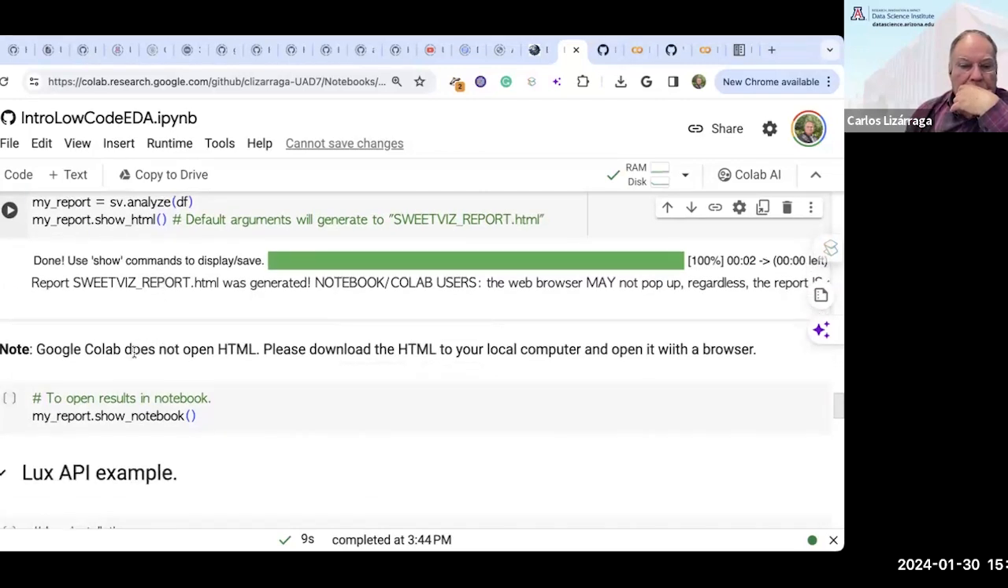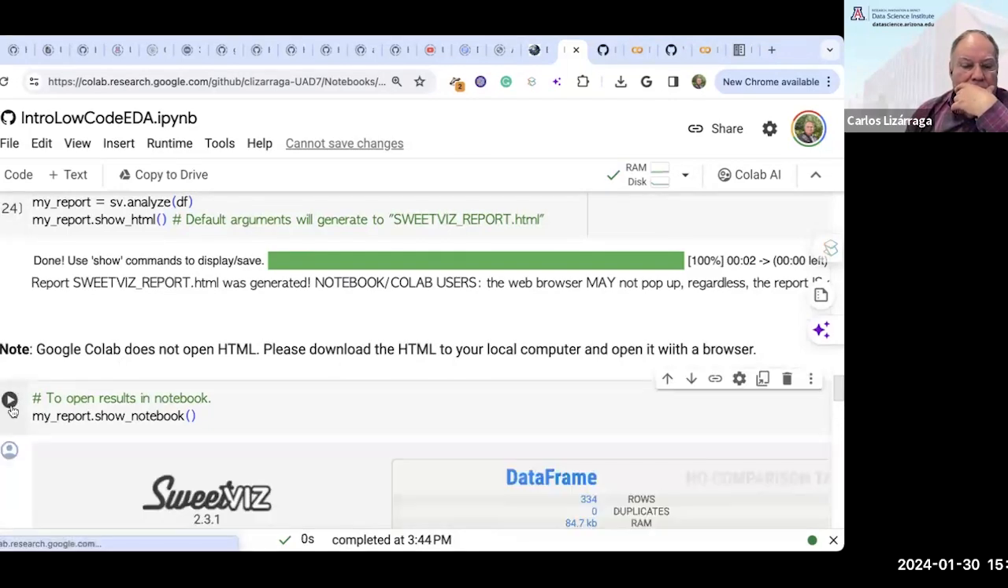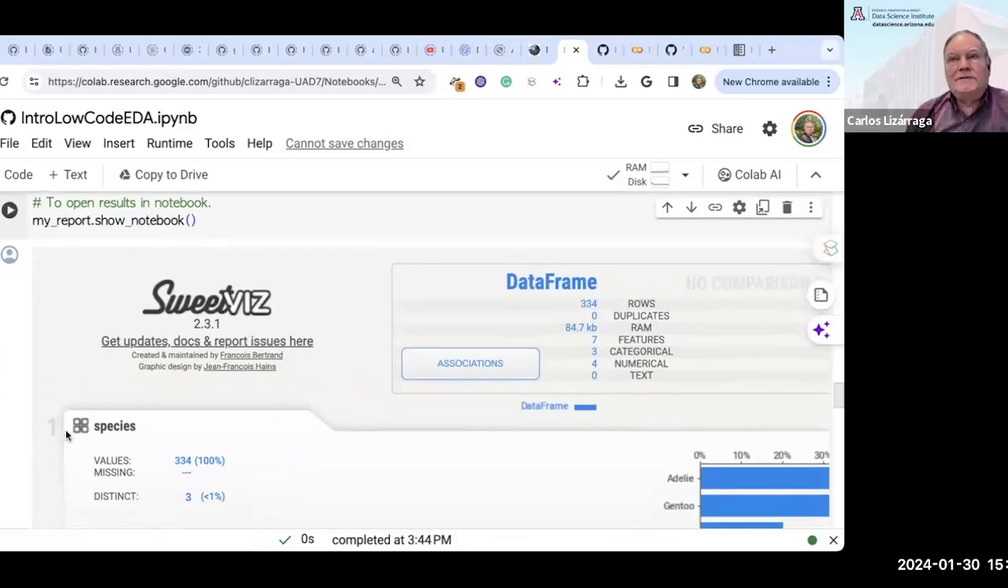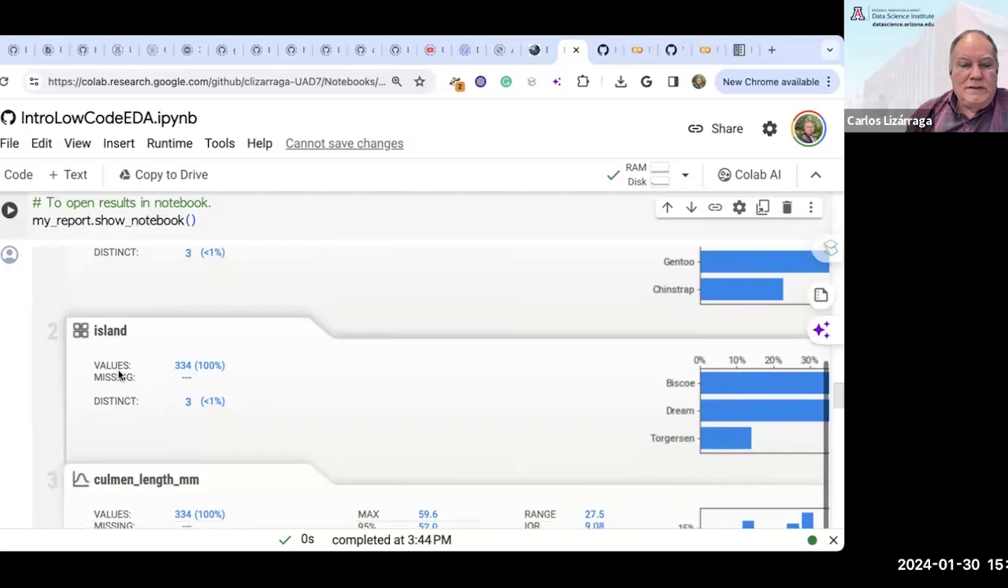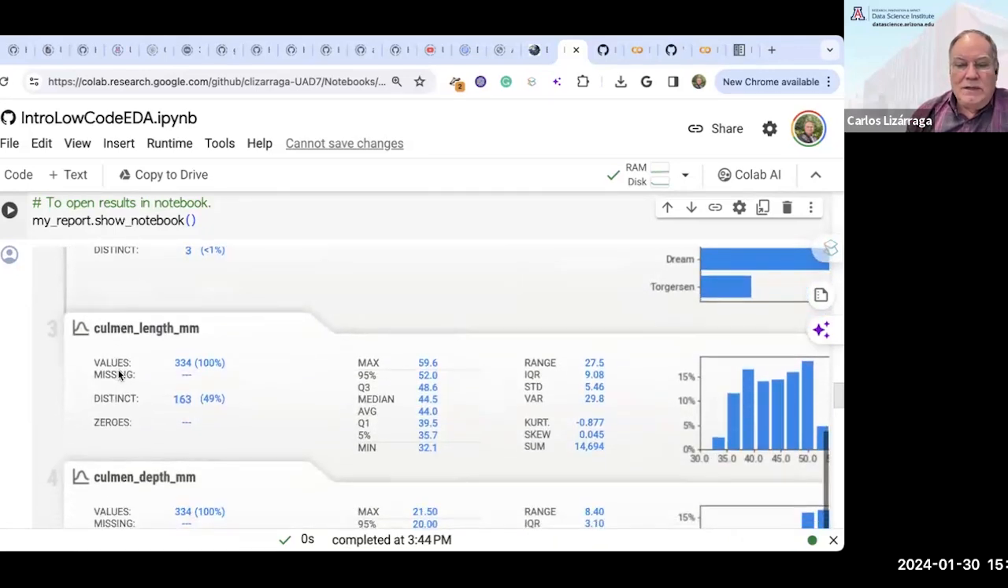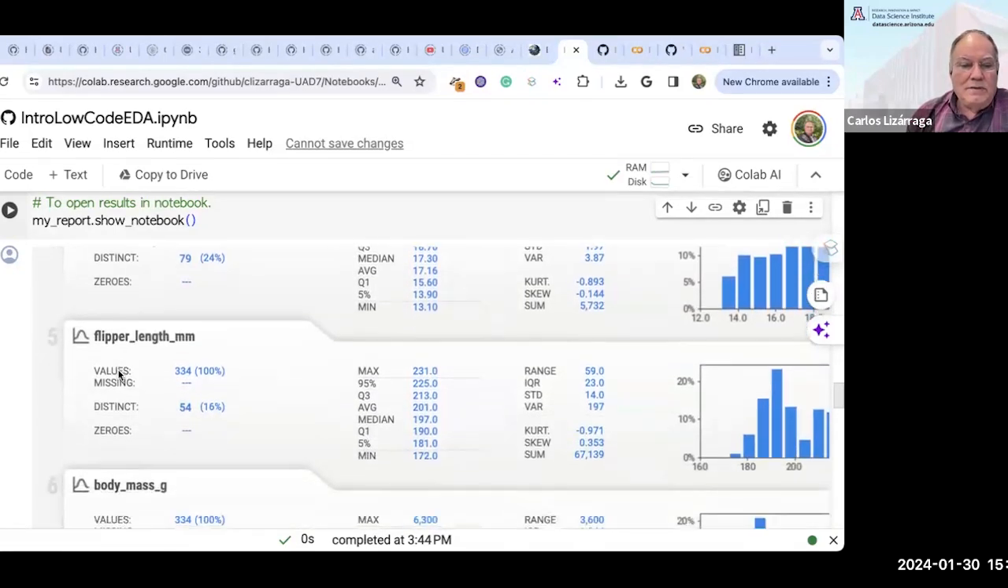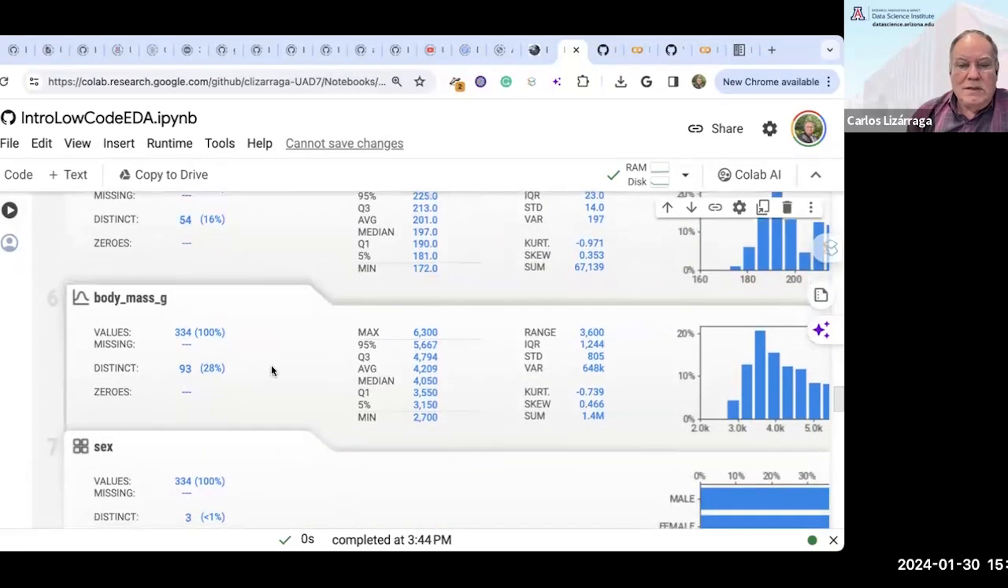Okay, so it didn't open the HTML, so I need to open the results in my notebook. So here, this is the SweetBees results. I have the species, the island, the culmen length, the culmen depth, the flipper length, the body mass. I have all the information for the exploratory data analysis, the maximum, the minimum, the median, the average, the standard deviation,